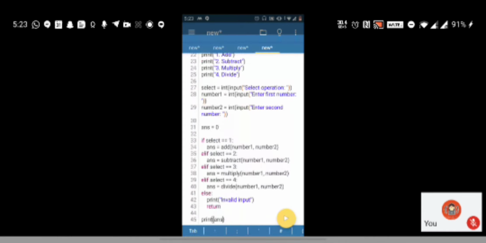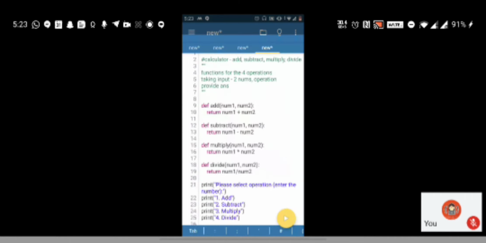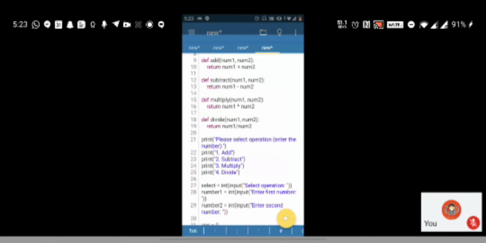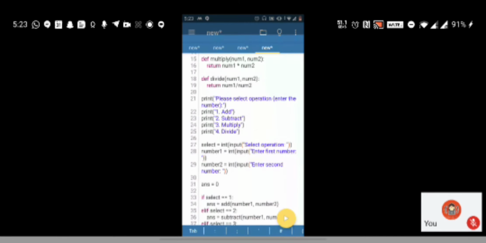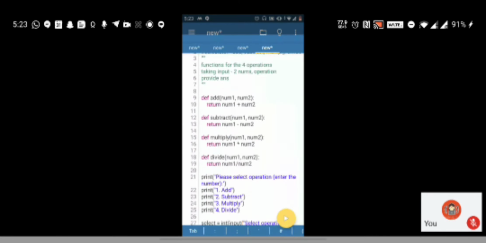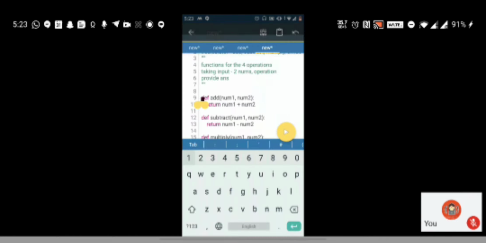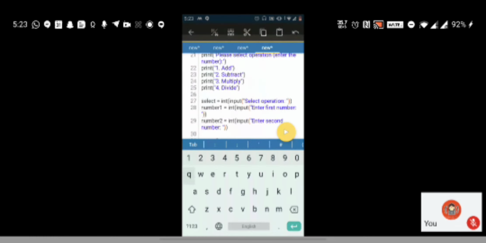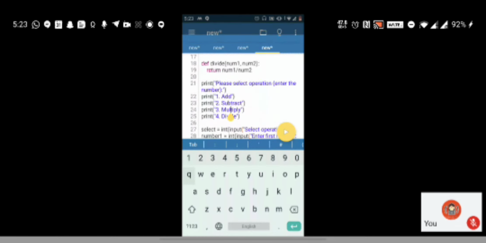Ma'am, this code is very lengthy. How can we shorten this? I think all of these things are required only. There is nothing you can shorten over here. These functions you cannot shorten. You require a separate function for each operation. Then this is also a prompt, so you can try to give a shorter prompt, or combine all these 4 print statements into one.